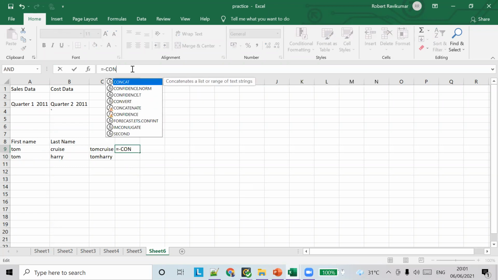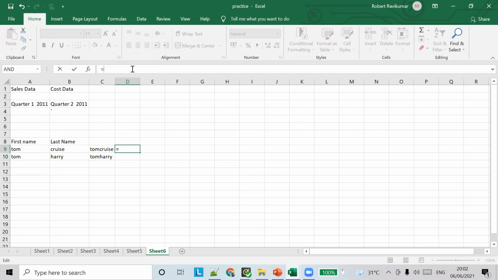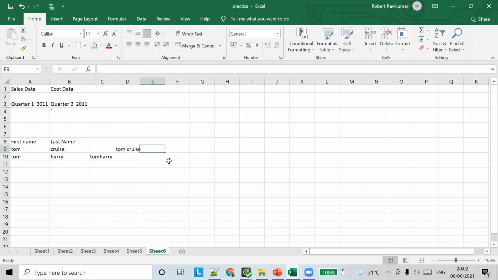Equal to concatenate, text one Tom, comma, a space, comma, B9. Now you can see that there's a difference, right? There is a space added automatically.